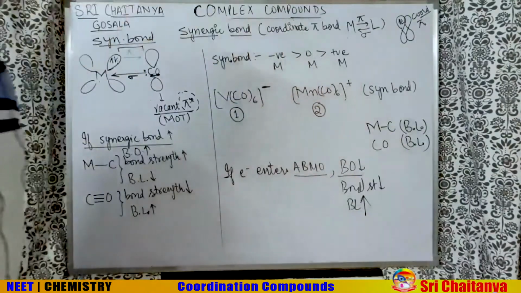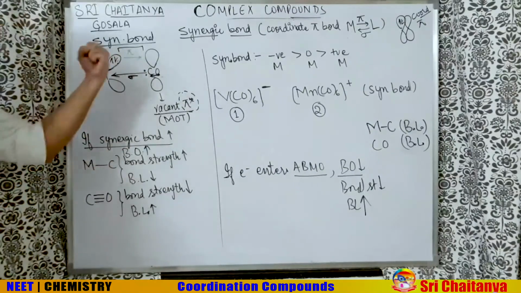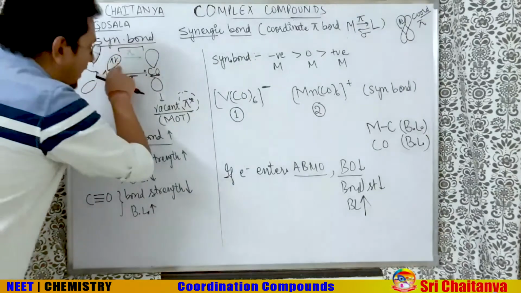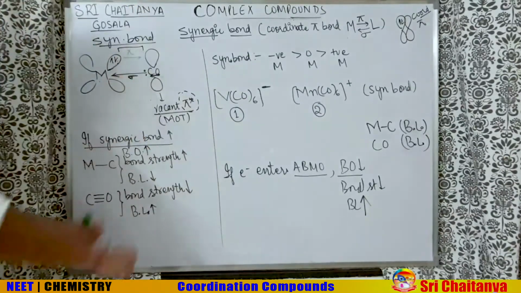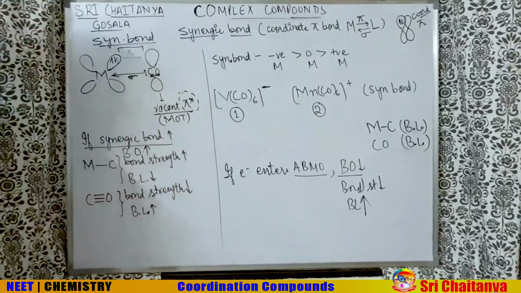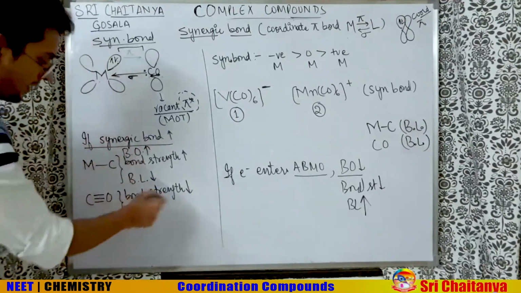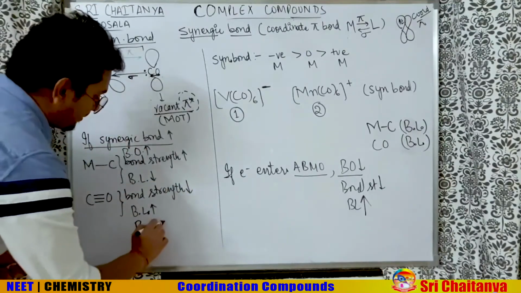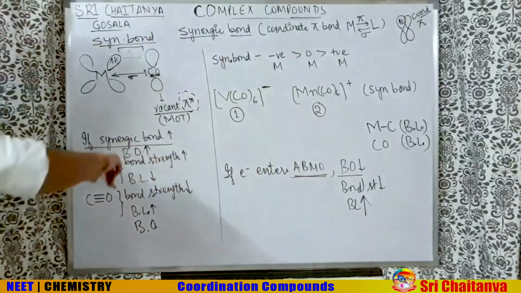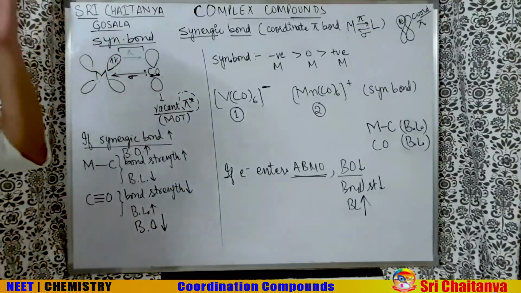It will increase. So the impact of the metal carbon bond is that they will come closer, they will become stronger, bond length becomes shorter. But for the CO bond, because the electron enters the anti-bonding orbital of CO, the CO bond will become weaker. The bond strength decreases, so they will go a little bit far away, so bond length increases. Why? Because the electron entered the pi star, that is the anti-bonding molecular orbital, and when an electron enters anti-bonding, the bond order decreases. So let us check one question.